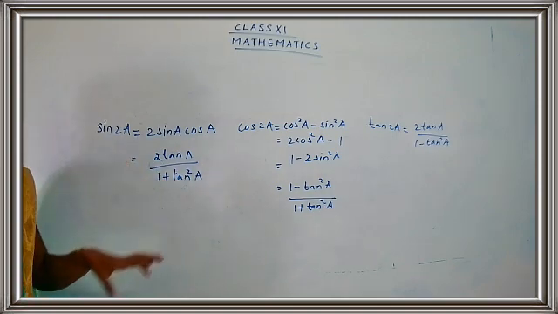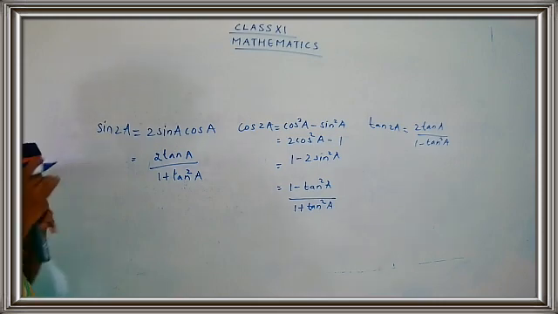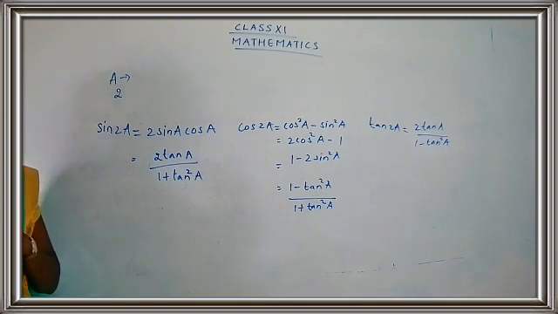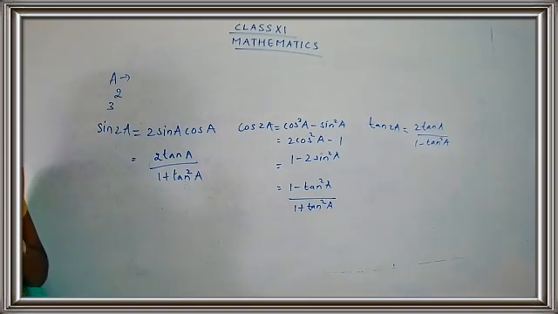So this was for double angle identity, where the angle is in terms of 2. Like if you have only a, this is the angle a. So when it's multiplied by 2, you have to call it a double angle identity. And when it's multiplied by 3, you have to call it a triple angle identity. So this is a multiple angle identity.